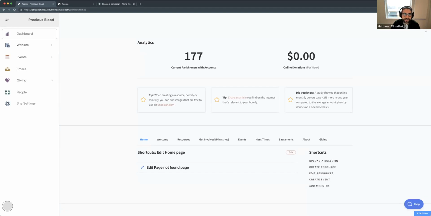We're excited to show today Tilma's giving tool, which is still a bit of a baby. It's kind of brand new. And actually, even today, I'd like to show some features that have not even been released yet to Tilma. So they're still in testing mode, but I'd love to show them to you so you can see